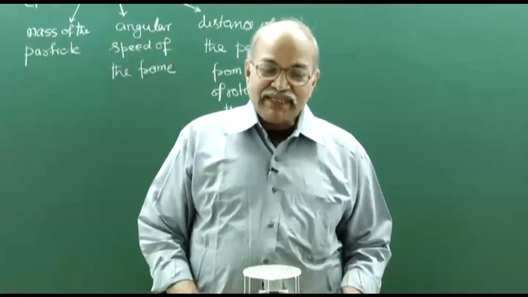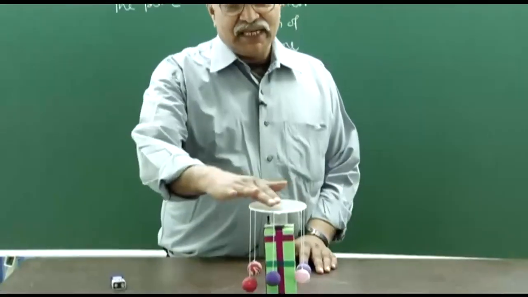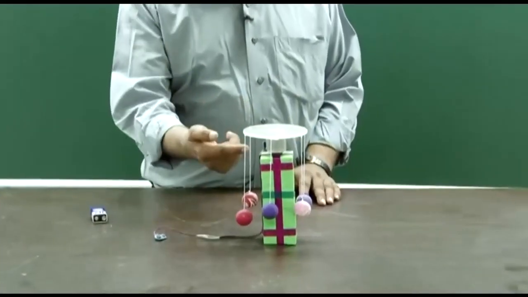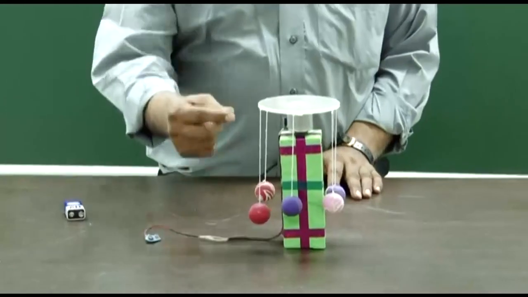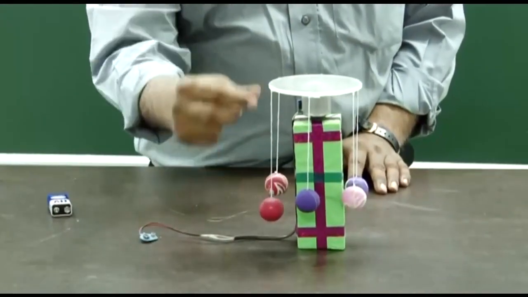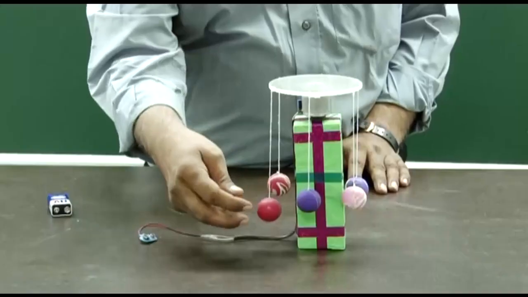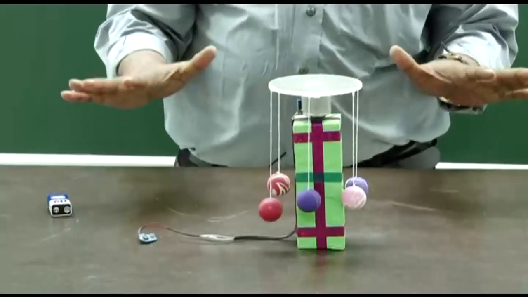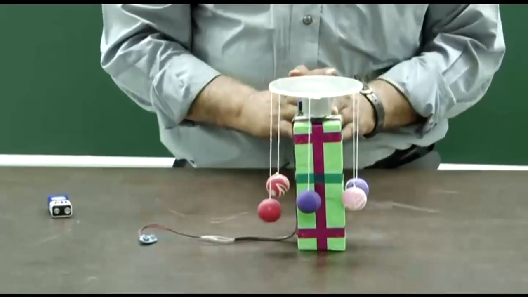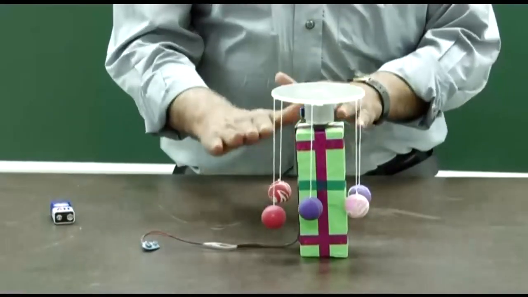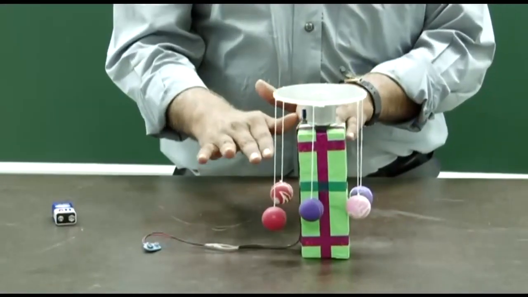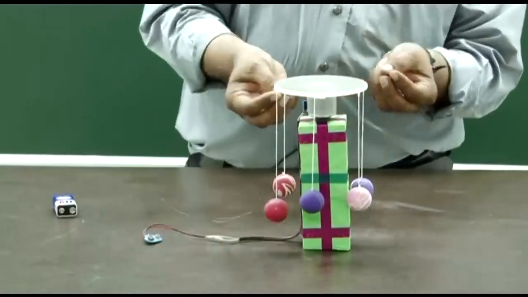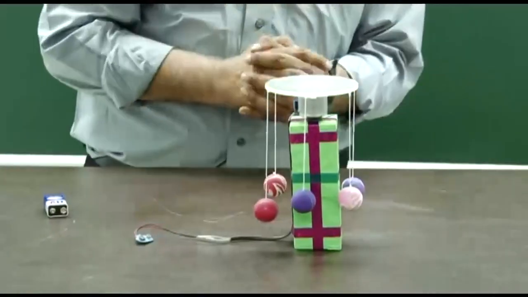So, here is one experiment. In this I have a perspex disc. The disc is mounted on the spindle of a motor, and from this disc these threads are hanging, and then in the threads these balls are attached here. So, if I use the lab frame, everything is fine, vertical tension in the thread balances the weight, and hence each of the ball is at rest. Of course, they are oscillating a little bit, but never mind.